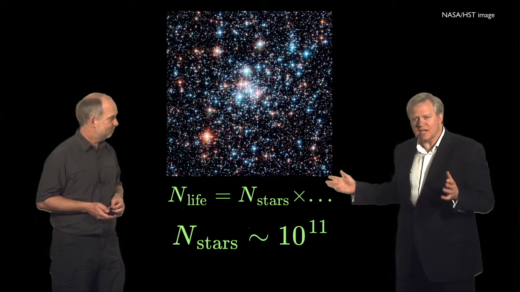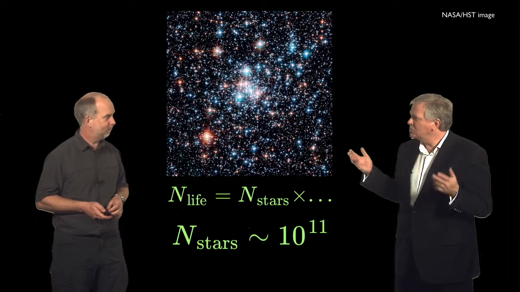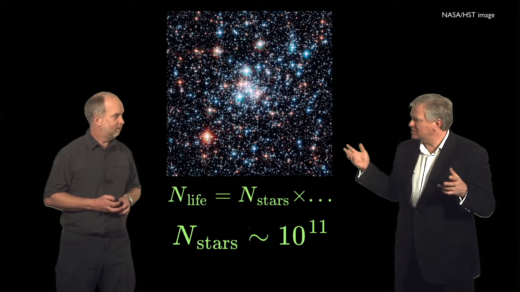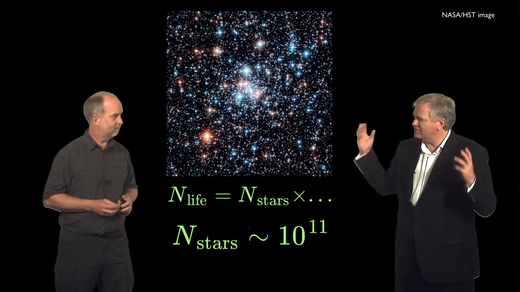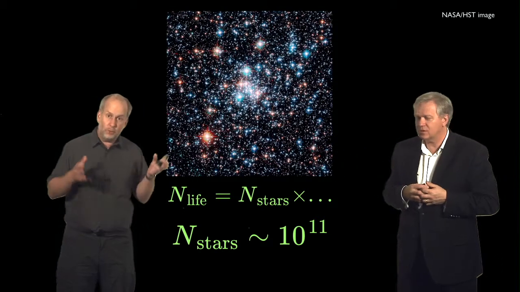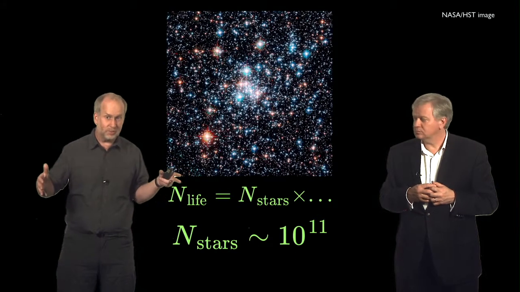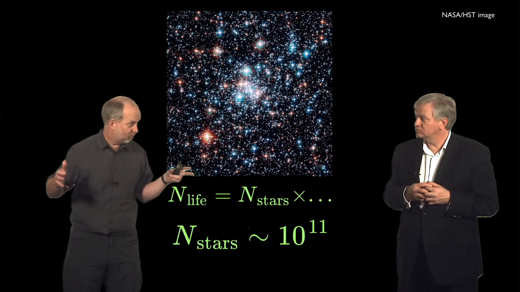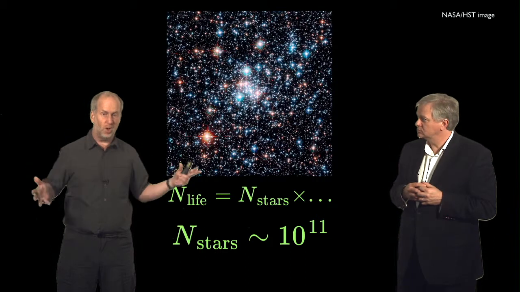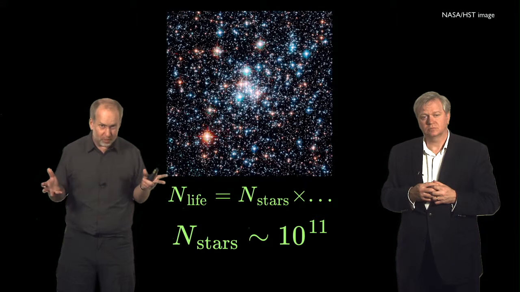So there's 10 to the 11 stars in our own Milky Way. And our Milky Way is only one of a tremendous number of galaxies. I mean, there are hundreds of billions of galaxies out beyond the Milky Way that we can see with telescopes here on Earth. If you just take the number of galaxies within range of our telescopes, out to maybe 10 billion light years or so, and we multiply by the typical number of stars in a galaxy, you can work out the number of stars within the observable universe, and it comes out as about 10 to the power 23,